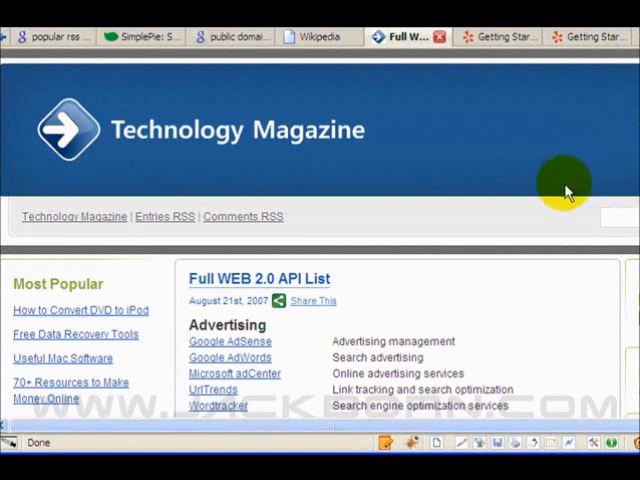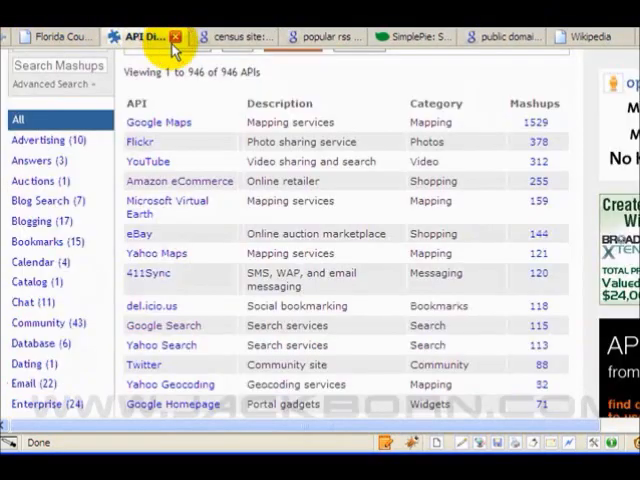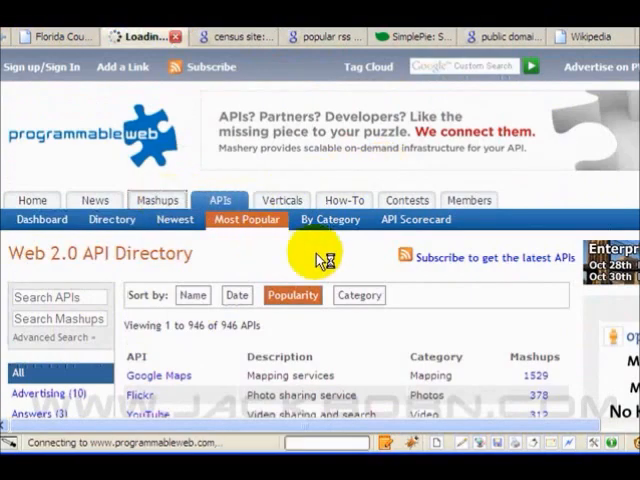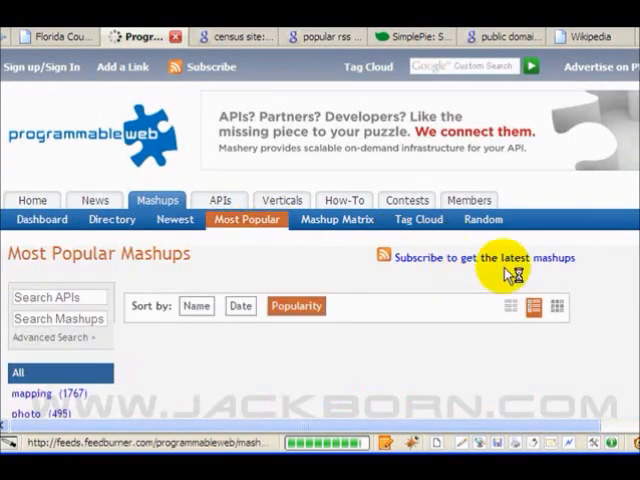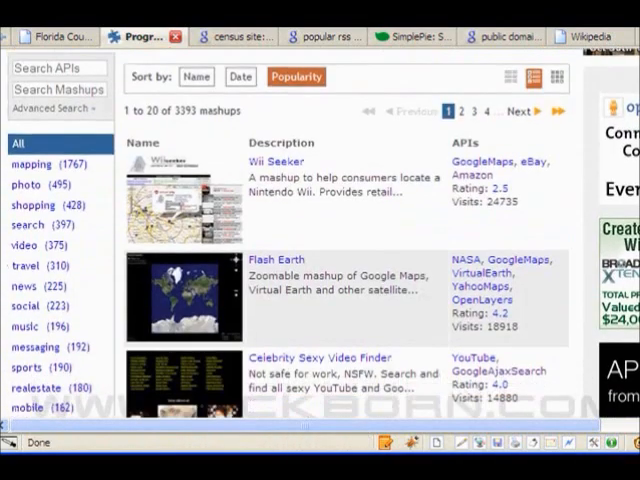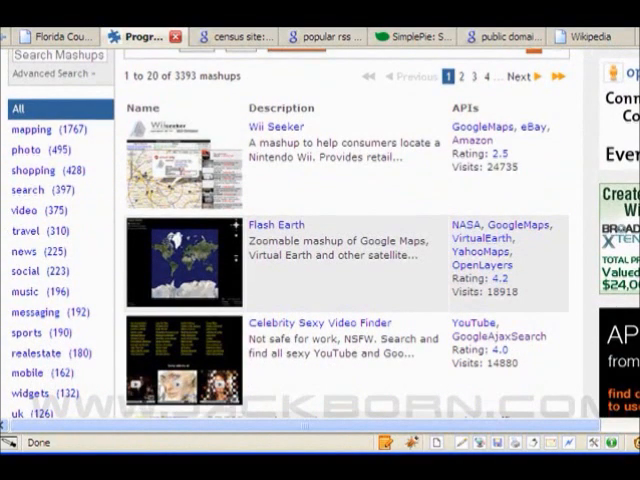And that's pretty much it. Once you have an idea of what you want to put on your website, just go out and find an API, find some public domain data, and if you need some inspiration, go to programmableweb.com and go under the mashups tab and look at the most popular link under mashups, and that should give you a starting point for some great ideas about different types of third-party websites that you can pull together into one